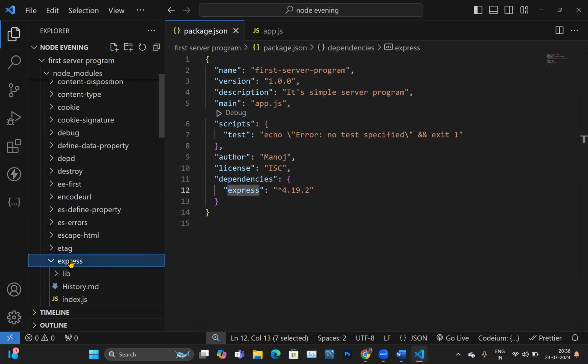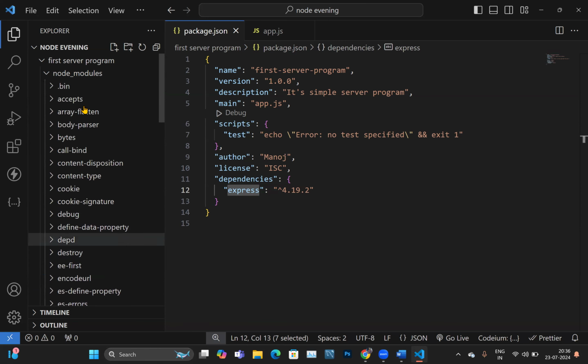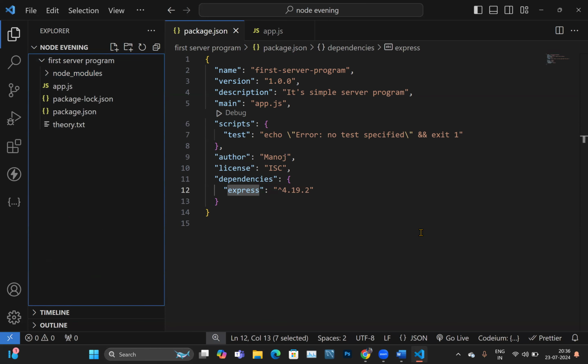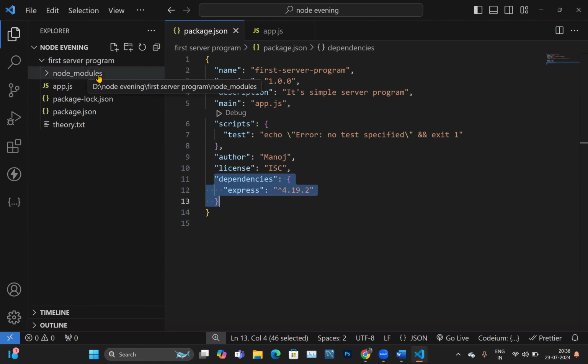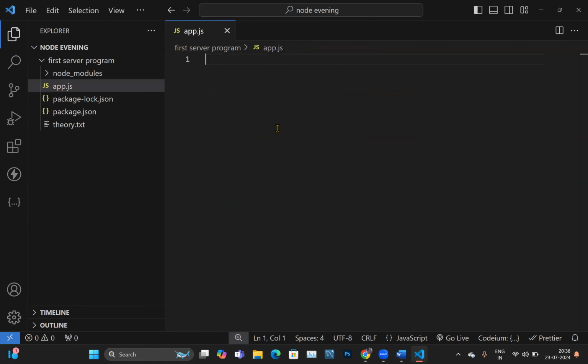See here, you have the Express package here. Every single package that you install will be saved here, and the actual package itself will reside in the node modules folder. This contains all the library. Clear? Okay, so I will close this, and my app is the entry point, and I want to create a server